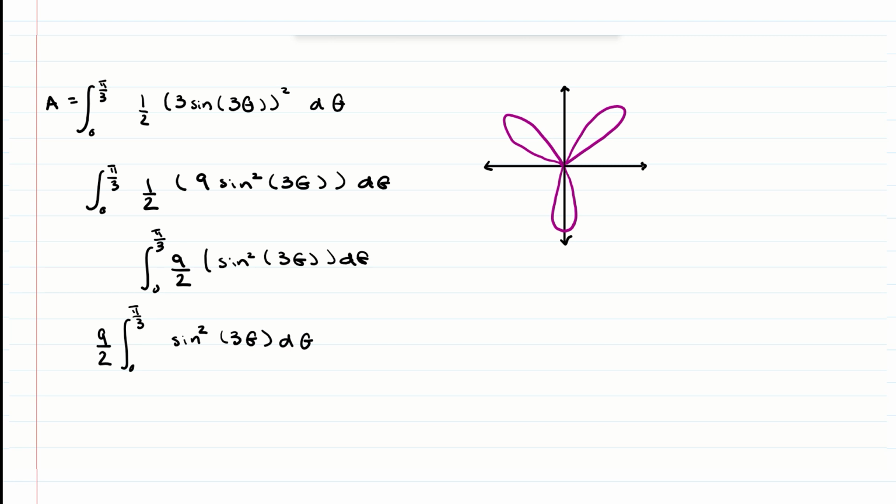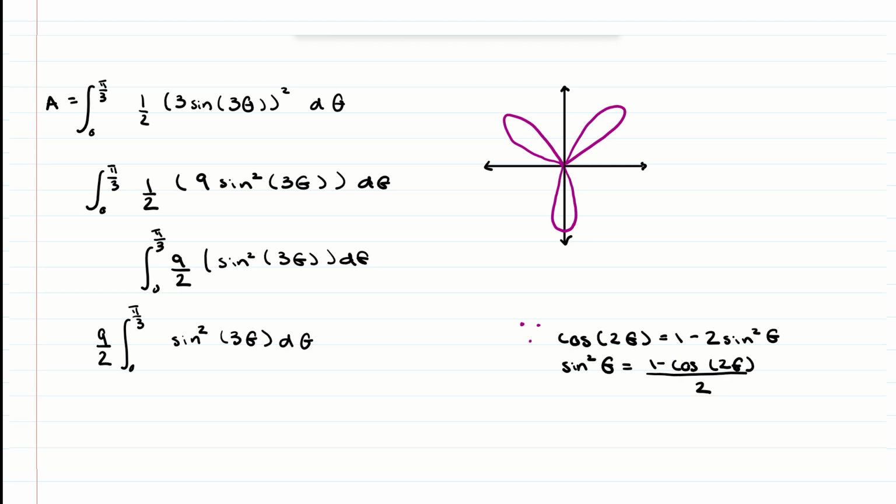Now at this point, we're going to use a trig identity. There's a trig identity that says cosine of 2 theta equals 1 minus 2 sine squared of theta. So this is pretty close to what we're looking for. On the inside of our integral, we just have sine squared of 3 theta. And so what we need to do is shift some things around here in our trig identity. And the goal is to get sine squared of theta by itself. So of course, to get sine squared of theta by itself, we subtract 1 from both sides and divide everything by -2. And that leaves us with sine squared of theta equals 1 minus cosine of 2 theta